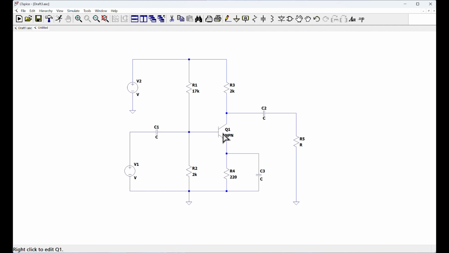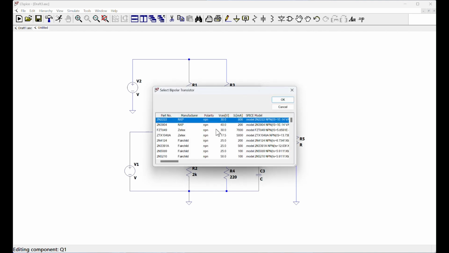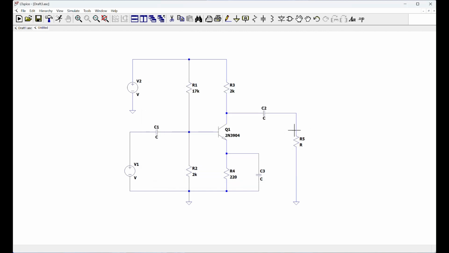Also, for the transistor, you can pick a specific type of transistor. So right click on the transistor, pick a new transistor, and then select your desired transistor. I'll go with this one. For the capacitor,